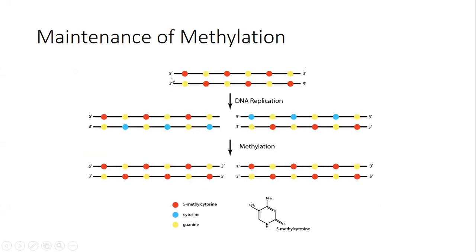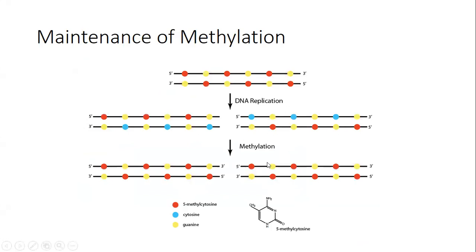And the way it's propagated is, here 5-methylcytosine is depicted in red, and the guanine that follows it in yellow. That would be normal, this would be the base sequence. And of course, this reads the same in both directions, right? Because C and G are going to base pair. When DNA replicates, there's no pool of 5-methylcytosine. And besides, how would the cell know where to put it? Because it's going to pair with guanine anyway. So what happens actually is when the DNA replicates, the blue are normal cytosines that now bind to the guanines in the two daughter strands.